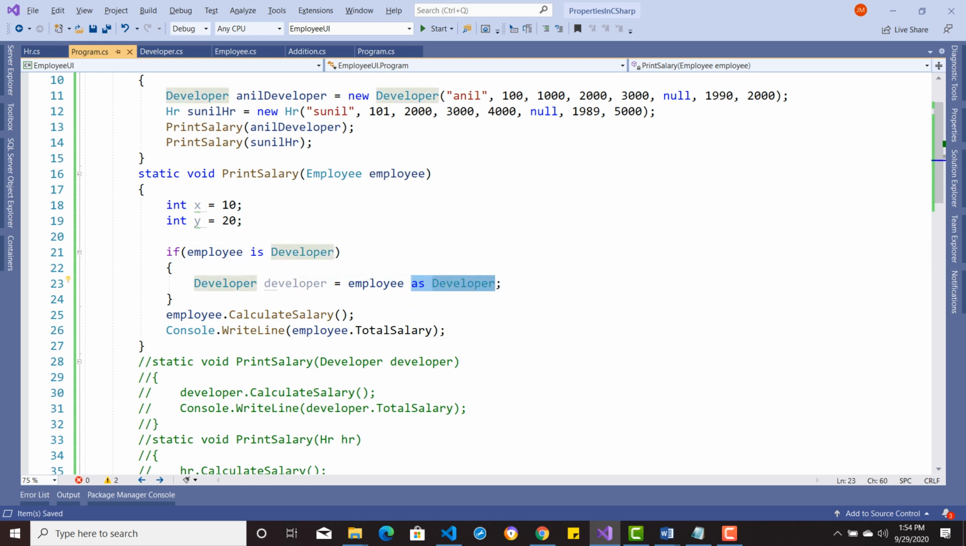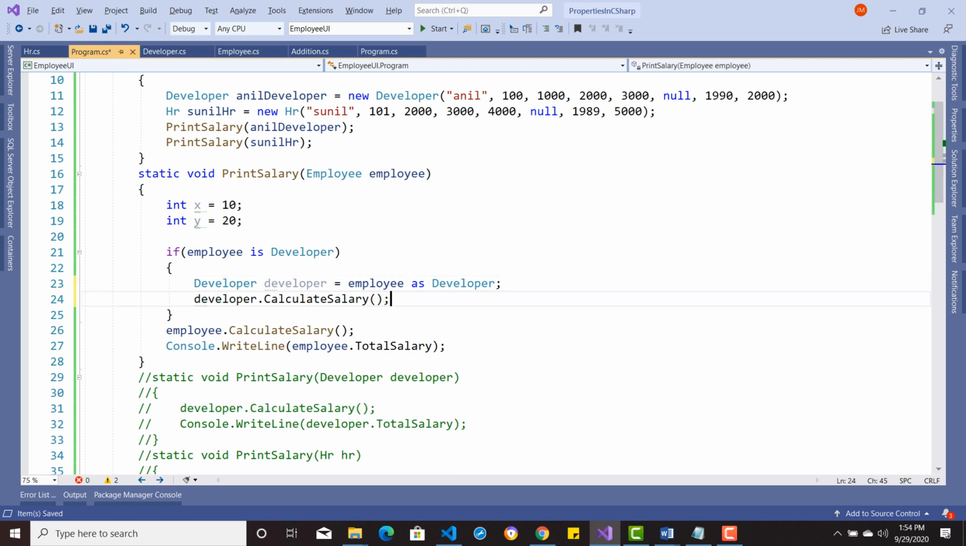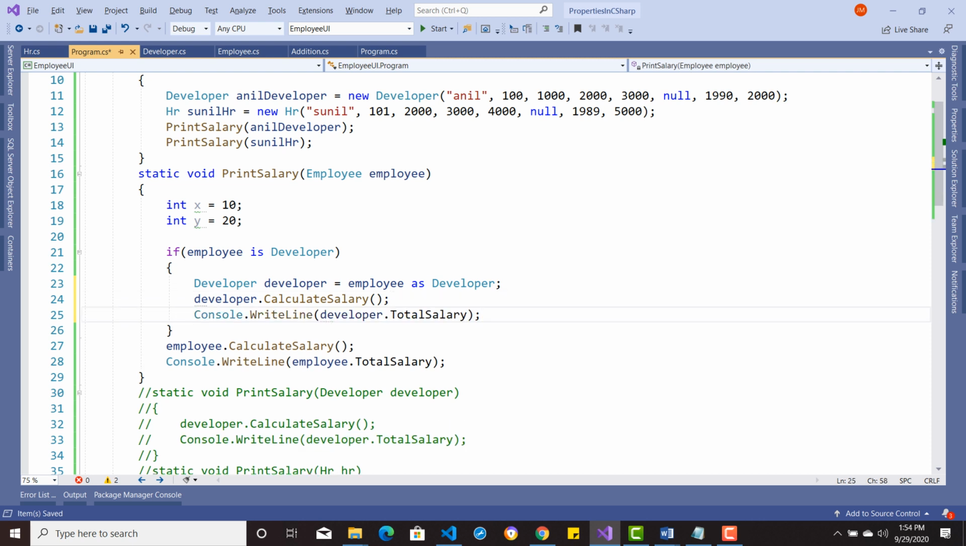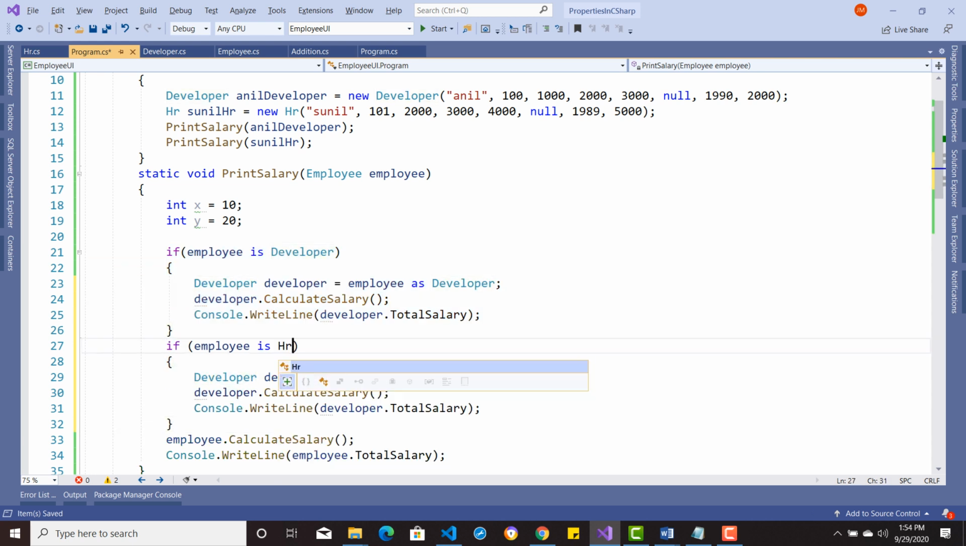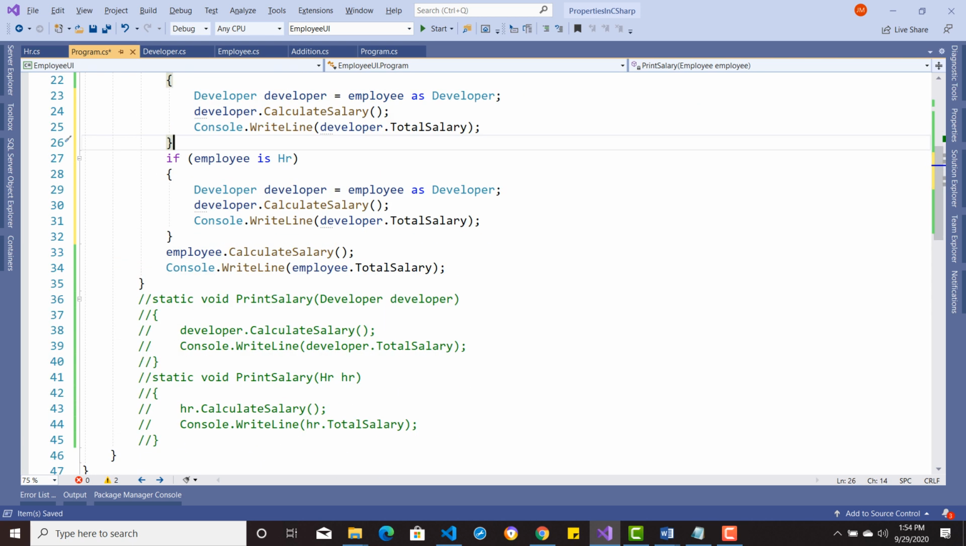Okay, understand, employee being a base, it can store either HR or developer. So you want to explicitly mention I want the developer reference to be stored in a separate variable, and then I can call developer.calculate salary, and then go ahead and write console.writeLine developer.total salary also. But then again I have to write a similar kind of line one more time to check whether the employee is HR or not, and then I have to make these lines look like here